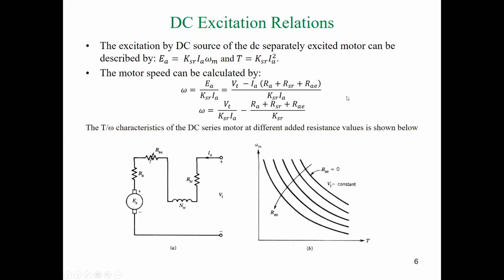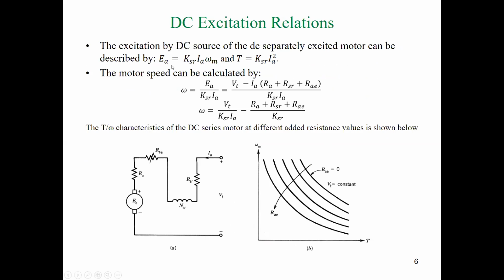What will be the performance if we supply this motor by DC excitation? And what are the relations? This is what we are going to try now. So the excitation by DC source: if we supply this machine by DC source, we expect to have EMF,